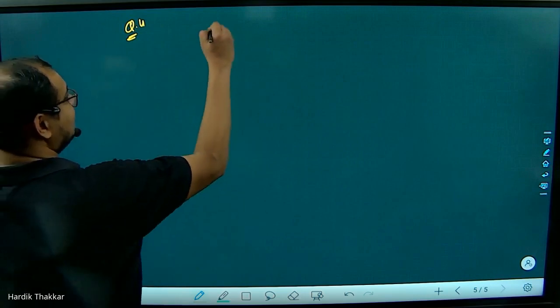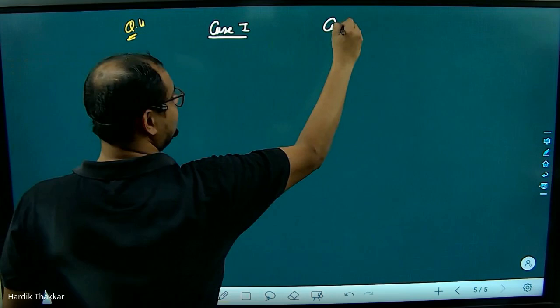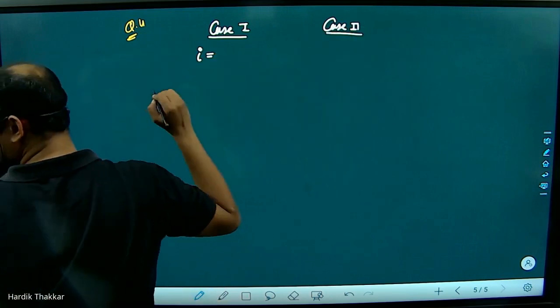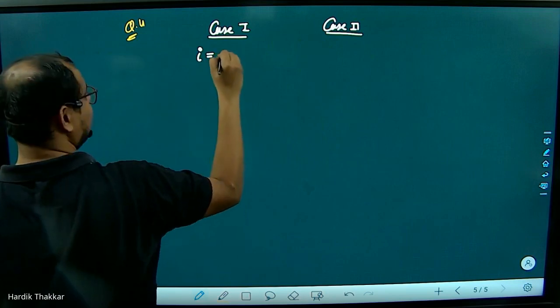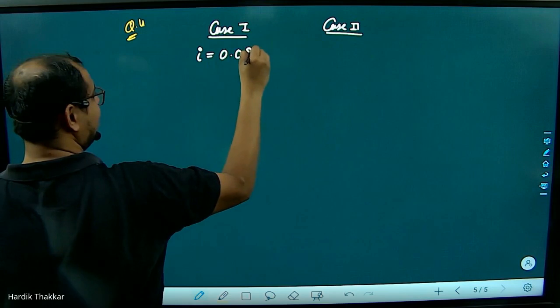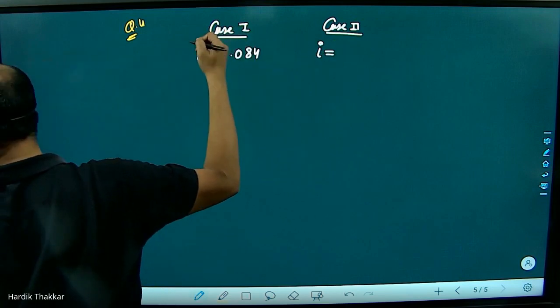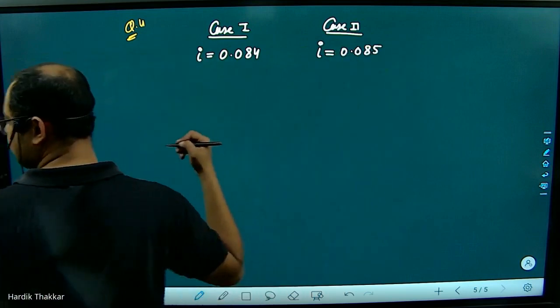So two cases are given, case 1 and case 2. केस 1 में I की वैल्यू कितनी है? हाँ, उसको पॉइंट में लिख रहा हूँ, 0.084, और सेकेंड केस में I की वैल्यू है 0.085। ओके,